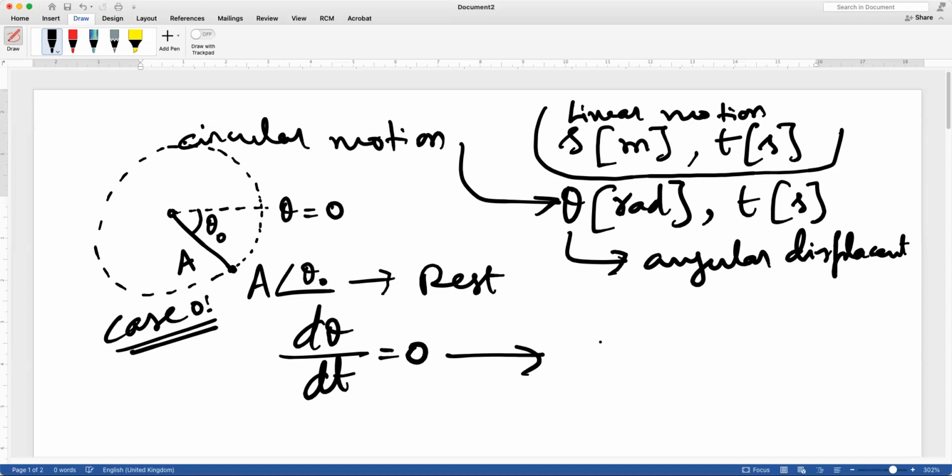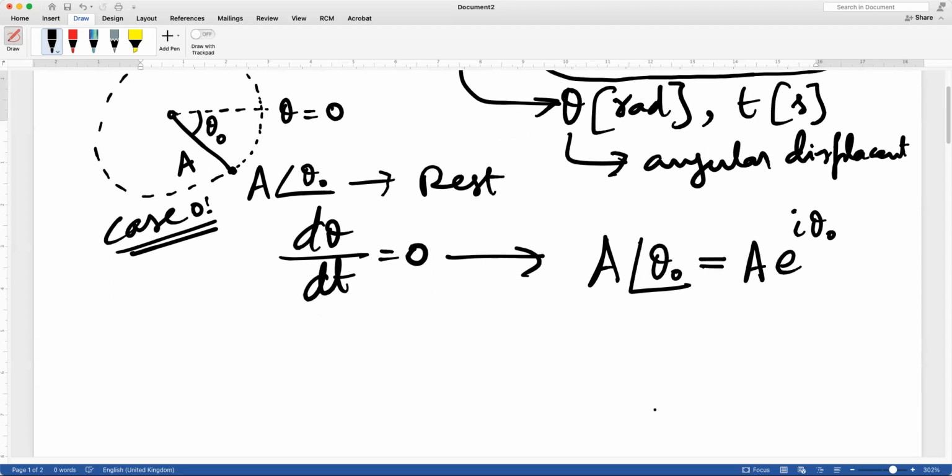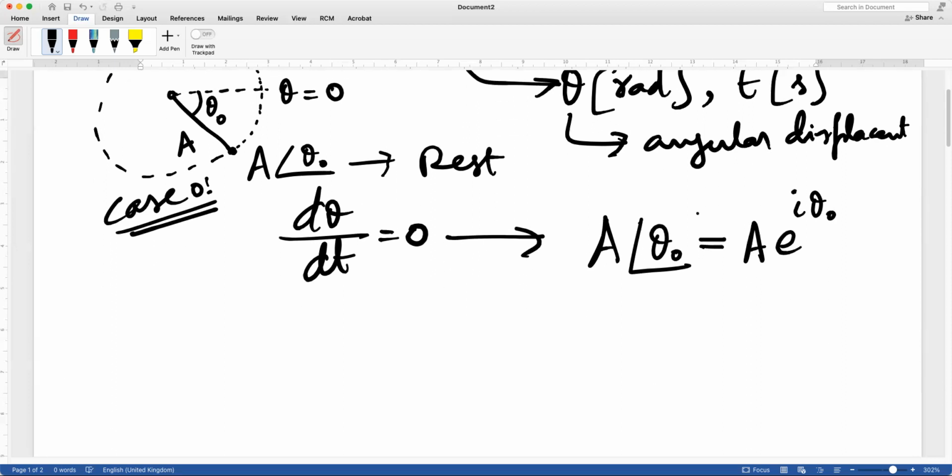All we are going to say is that there is some magnitude, and it is fixed at a value because theta is at an initial value theta naught. Do you understand that? And if I write this as A e power i theta naught, you're okay with that? You remember this complex way of writing, right? In general, whatever quantity is written like this, sometimes people call it an angle,